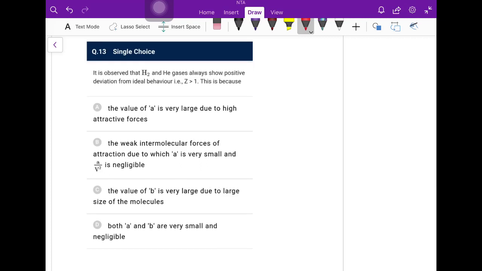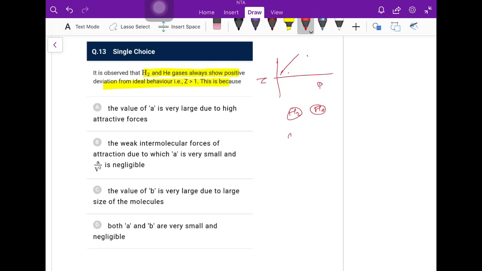It is observed that H2 and helium gas always show positive deviation from ideal behavior, Z greater than 1. If you remember the graph of Z versus P, you will see that for hydrogen and helium gas, the values are always greater than 1. This is basically because of the attractive forces. H2 and helium are so small in size that the van der Waals attraction is very negligible in them, and they have always